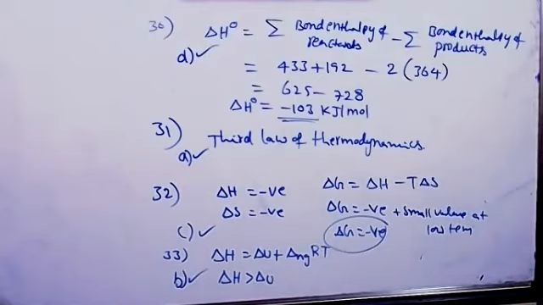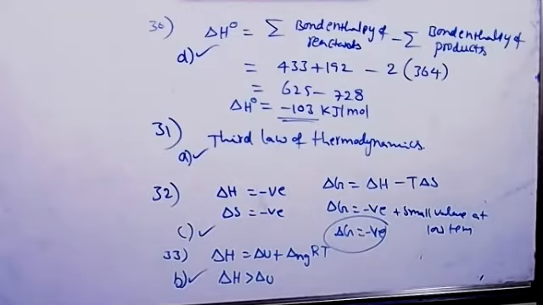Which one of the following pairs does not represent the example of intensive property? Okay, which are not intensive properties. See, temperature and density, these are intensive properties. They won't depend upon the amount of substance. Pressure and molar volume also. Volume is an extensive property, but molar volume is not extensive. Molar volume is 22.4 liter. Whatever the gas you take, it always occupies 22.4 liter only. So that is also an intensive property. Pressure also. Molar heat capacity and density, yes, these are intensive properties.